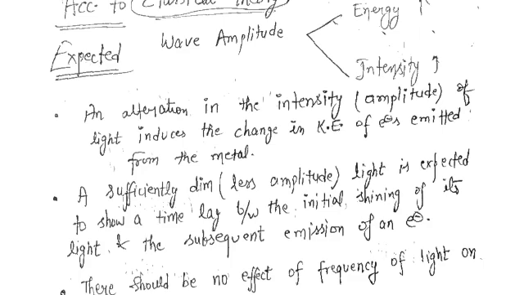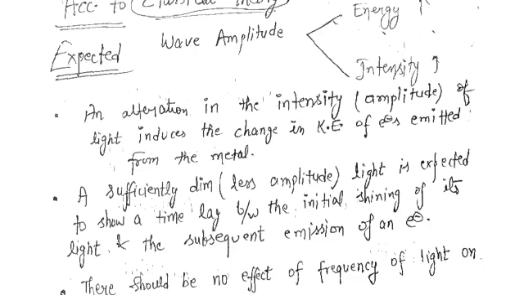At the same time, if we take 20 joule of energy of light, then by absorbing 5 joule of energy, the electrons will be ejected out, and the kinetic energy will appear as 15 joule. So the more the energy of the incident wave, the more the kinetic energy. Let me repeat it again: the more the energy of the incident light, the more the kinetic energy. This was the result expected from the classical theory.